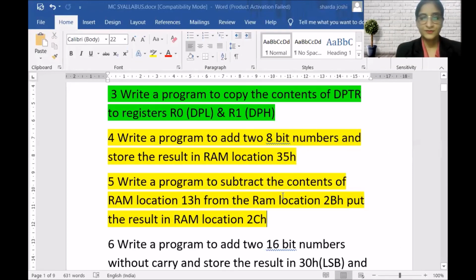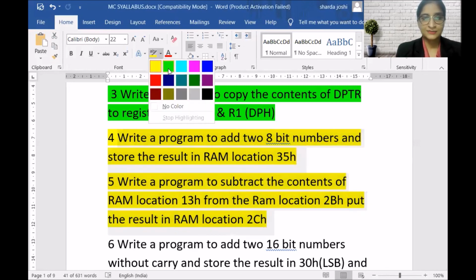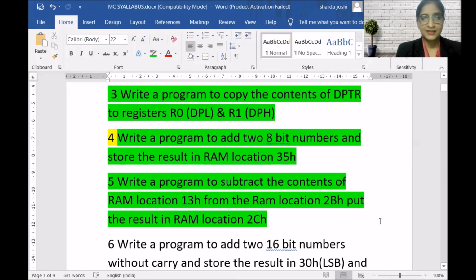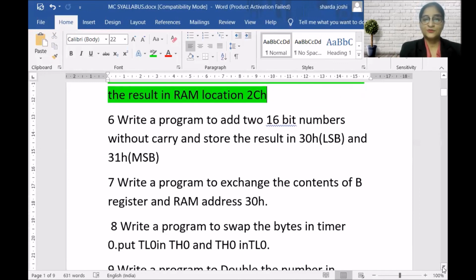Now I'll tell you what you are going to do in our next session. These two we have done, so I'll make them green as we have completed them, and we'll be moving towards 6 and 7. Number 6 is: write a program to add two 16-bit numbers without carry and store the result in the desired location.